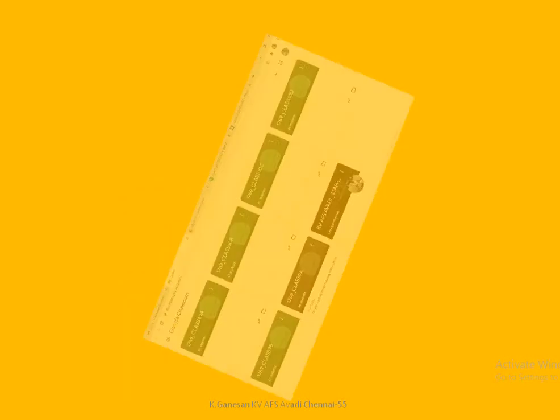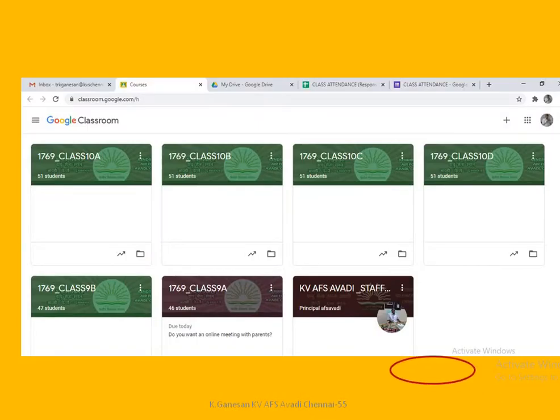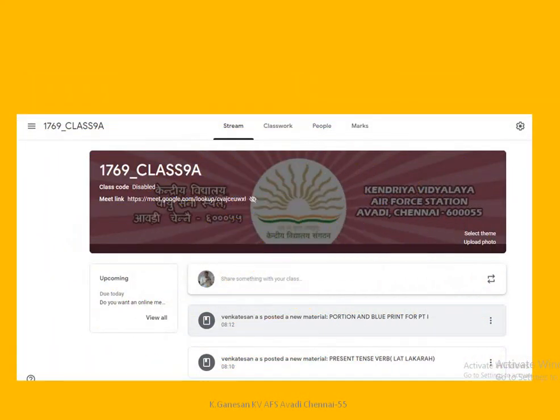Now, whatever classes you are a part of, as a member or teacher, will come. One of the classes you may be a class teacher of. Therefore, select that particular class. If I am the class teacher of 9A, I select 9A by clicking there. So go to your class where you are a class teacher, click, and you can go to that classroom. So 9A means 9A. Okay, it is there.